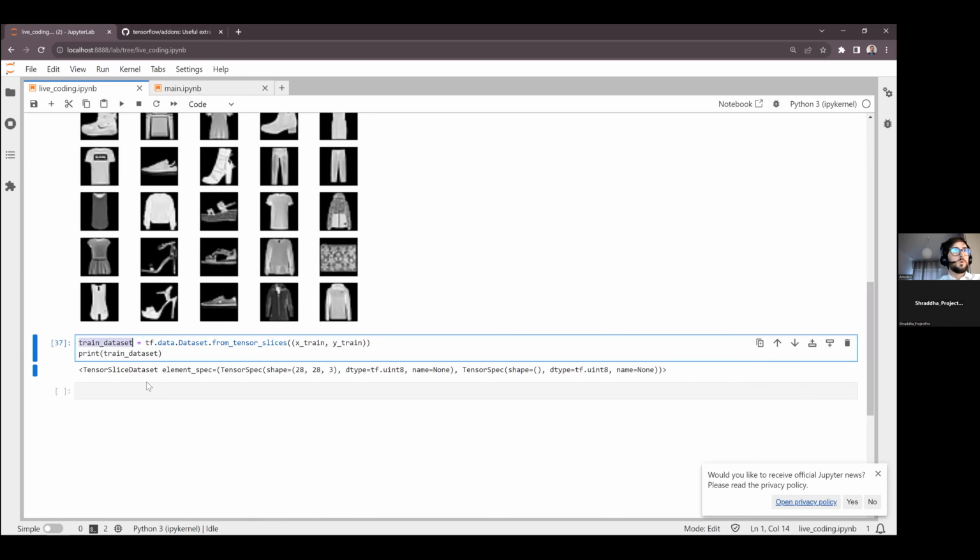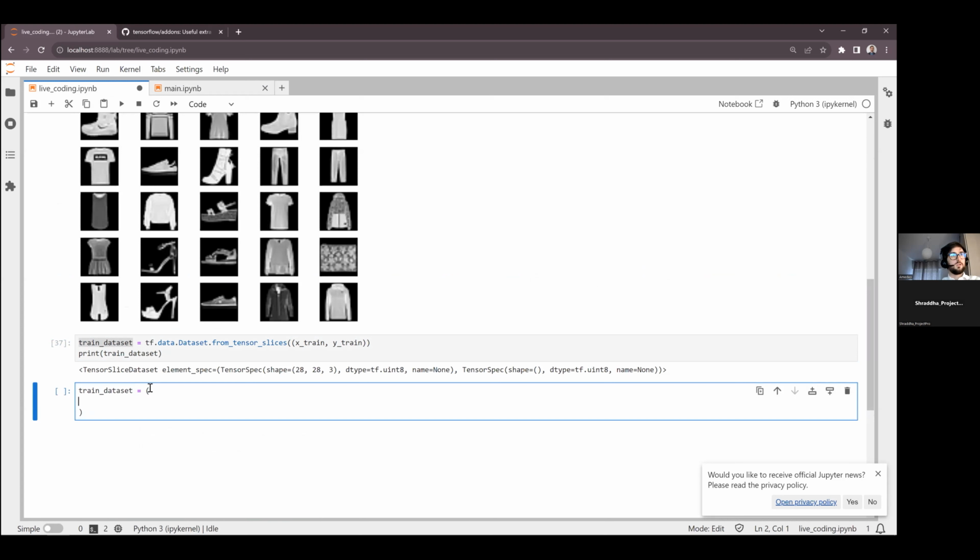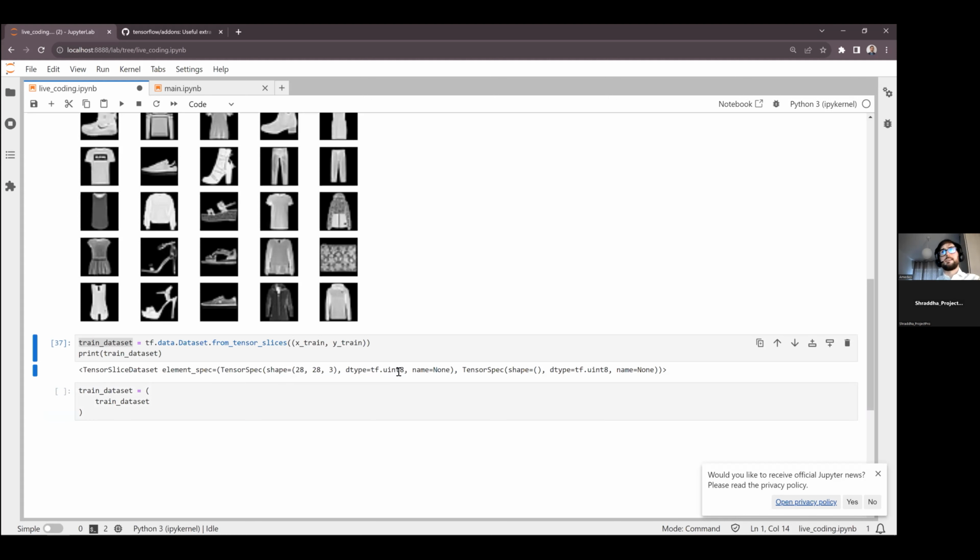Now, what do we want to do with these objects? We want to apply a few transformations to it. The first thing we want to do to make it possible to work with it is to convert it to float instead of integers. This image is defined as small integers, so it will probably be numbers between 0 and 255.